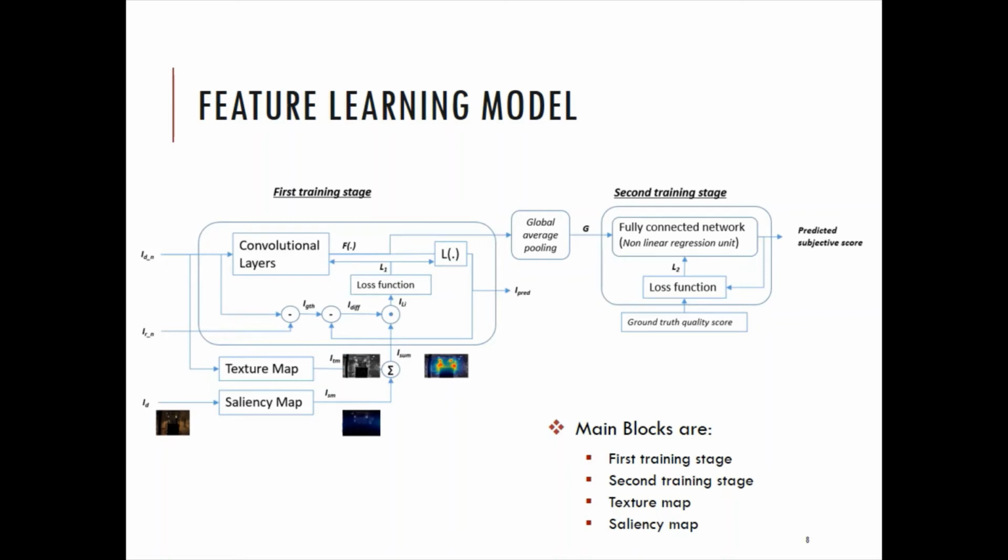The combined image ISOM, obtained from ISM and ITM, is used to perform element-wise multiplication with IDIP. This process results in a new image, ILI, and it is used to define the required loss function. The loss function is the column-wise mean of the square of the pixel values of ILI. Similarly, loss function L2 is used to regress the nonlinear regression unit. It is the mean square error between the predicted score and the ground truth quality scores.